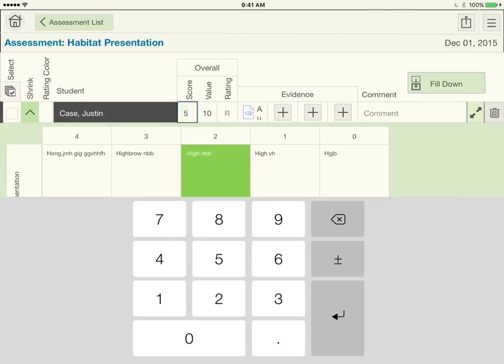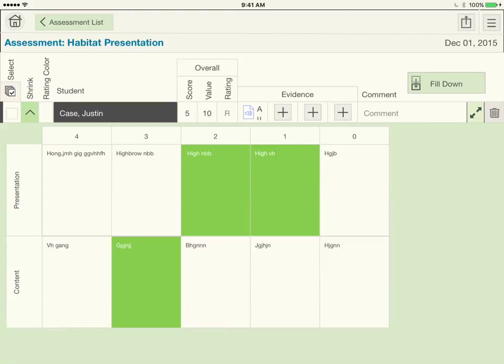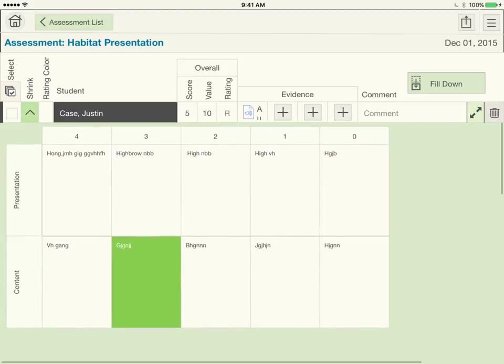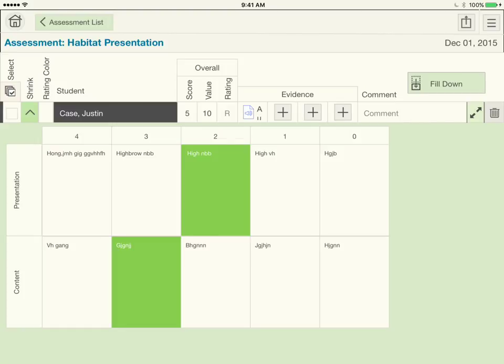If by accident I select the wrong one, click on one, then just to get rid of the green, just press on it again. I can select a lot of them here, so you just want to make sure you only select one. And to deselect, you select it again, right? Okay, so then that is,